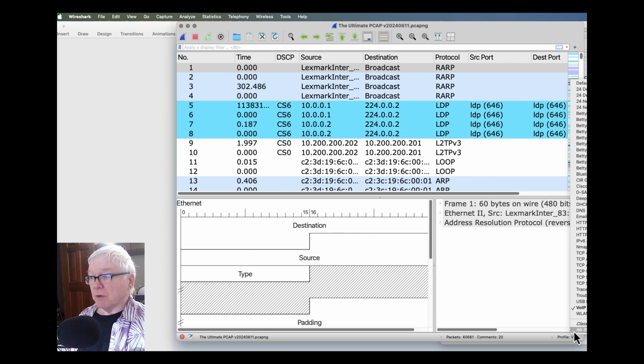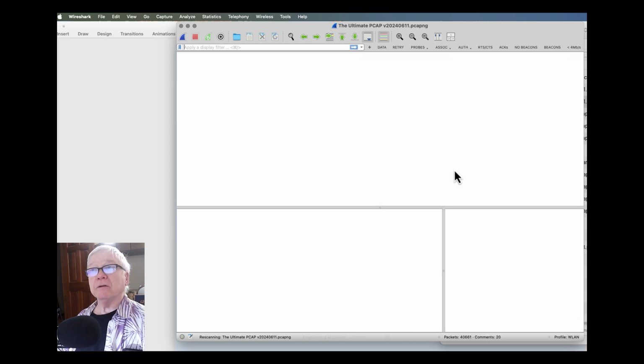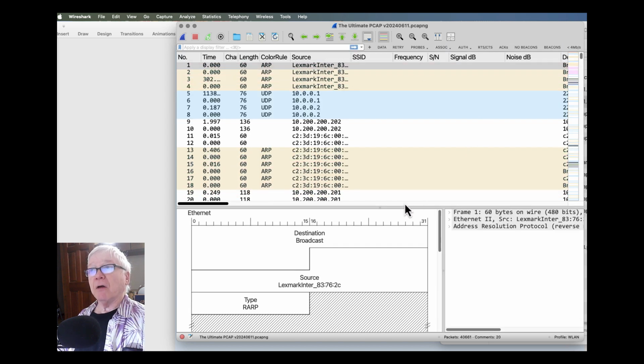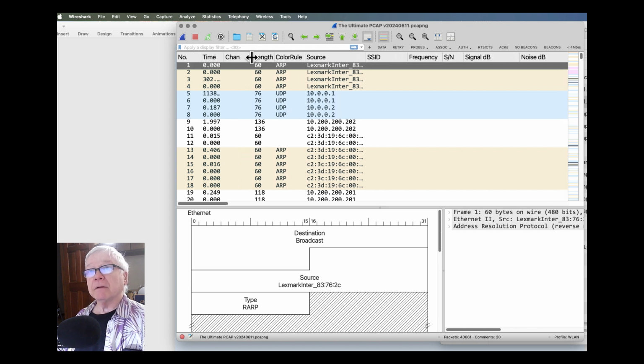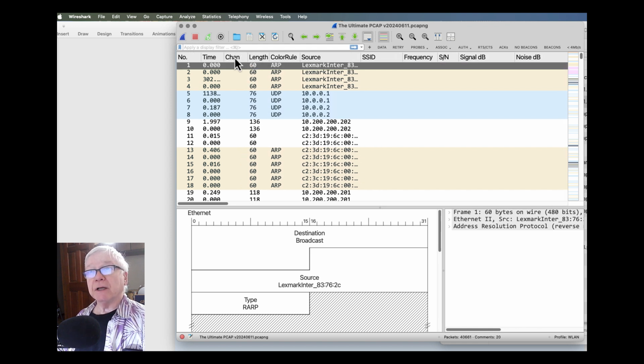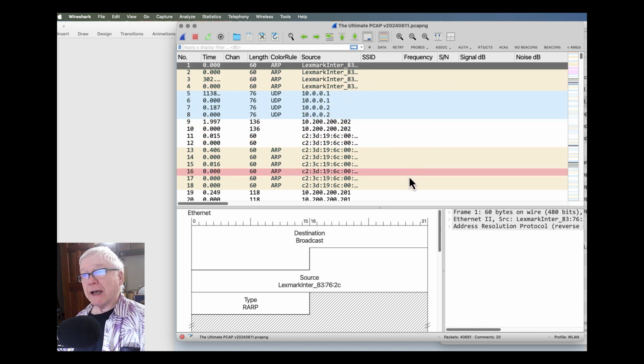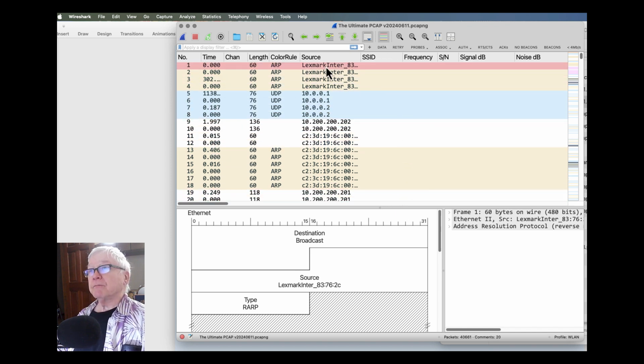Let me go to my wireless LAN profile, which has channel, source, SSID, frequency, signal to noise ratio, values that are present in wireless packets when we're capturing in monitor mode.